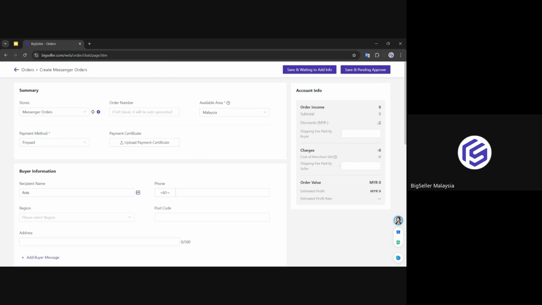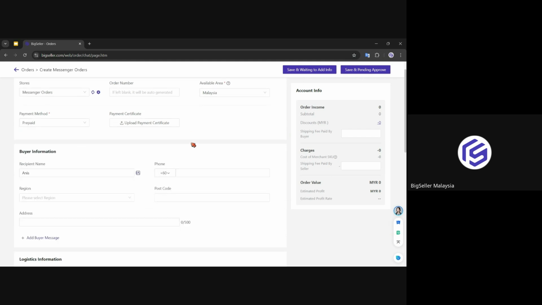This means that as long as you didn't approve the messenger order, it will not go into the new order page, so the stock won't be allocated or deducted. The order is uncertain. You have to confirm the order first, and only then will it go into the new order page. So that is the benefit of using the messenger order. Okay. So for example,